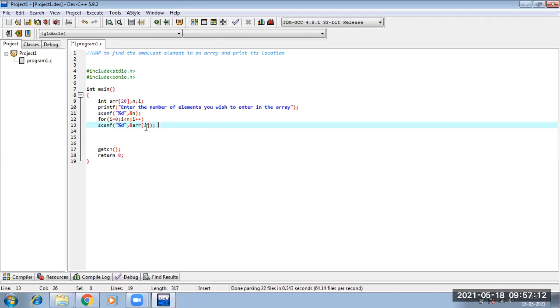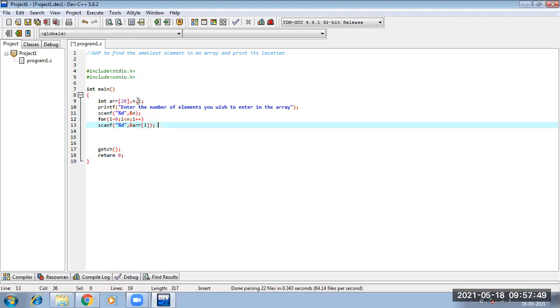Now, since I have used this integer variable i, I need to declare this i also, because each and every variable which I will be using, I need to declare first. So see, I have declared i. And why have I declared n, i, and array in one line? Because everything is an integer. The number of elements you wish to handle will always be an integer. It cannot be that I wish to handle 6.5 elements or 9.5 elements. No. You need to provide a whole number, an integer.